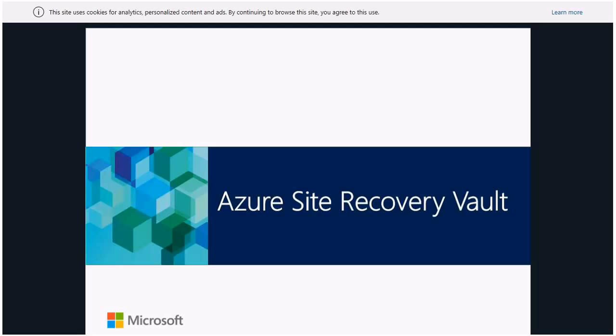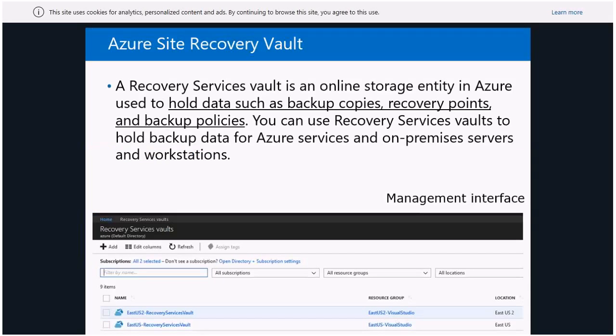The first thing you need to start is, of course, an Azure subscription, and then the first element that must be created is the Azure Site Recovery Vault. Of course, if you go to Azure, there are hundreds of things you can create, but the Azure Site Recovery Vault, if I could summarize, is the element that will hold all the backup data. If you are backing up a Hyper-V VM, your local Hyper-V VM basically goes into that vault. And then from there, you manage all the recovery points as well.